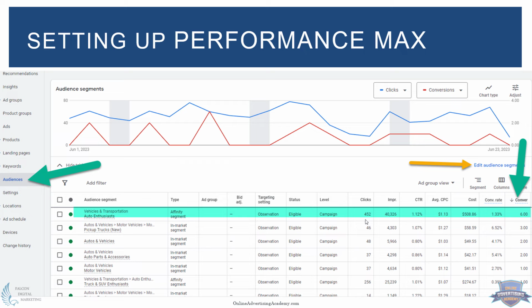And this is a shopping campaign. You could see that a lot of people are in the auto enthusiast or truck and SUV enthusiast. So at least that's a lot of interest, because even on the shopping campaign, most of the people that are clicking on it are in that audience, and then some of the people that are buying. So this is a starting point. You don't have to wait for 200 conversions. You just need something to start a Performance Max, and you have no idea which audience to pick. We've got auto enthusiasts already getting some sales. If you have larger data, you can go with the higher conversions as a starting point to jump over to